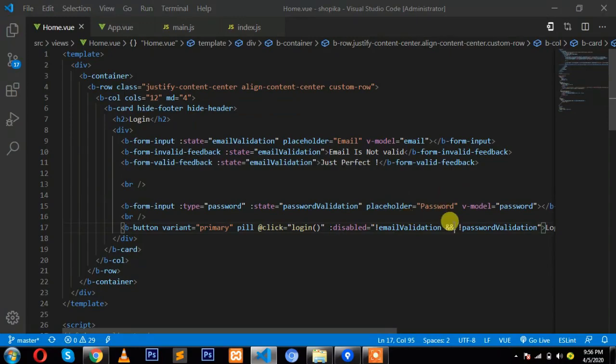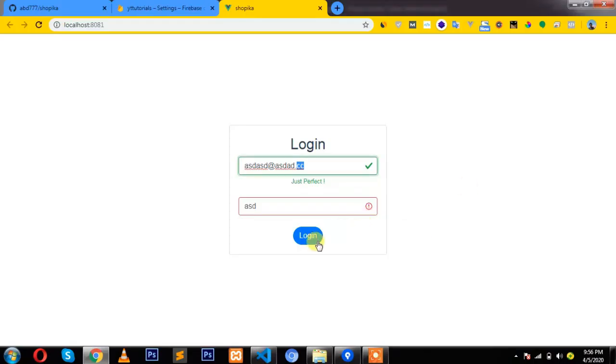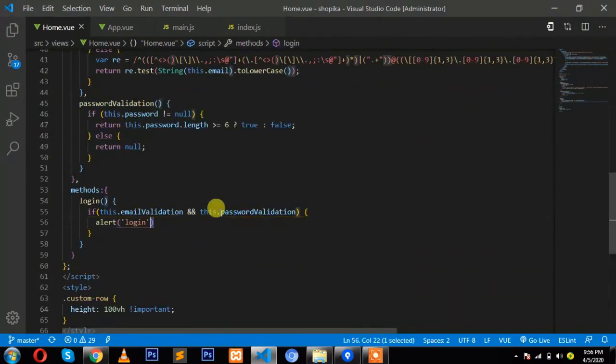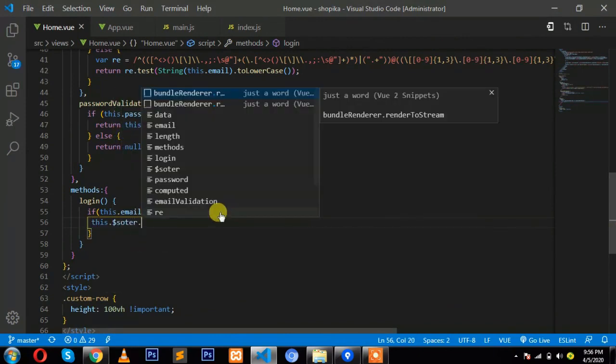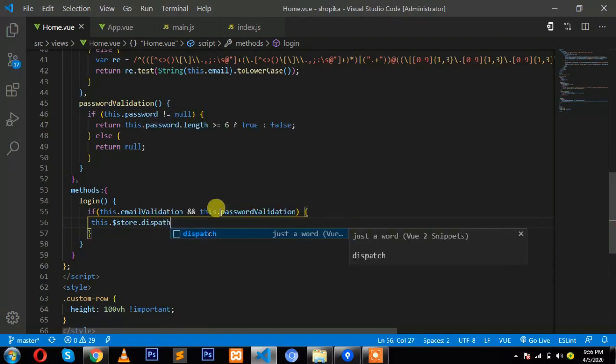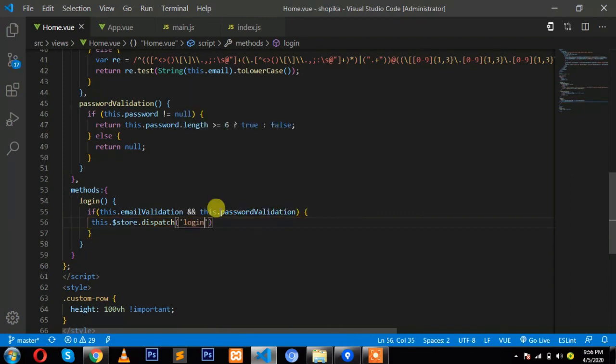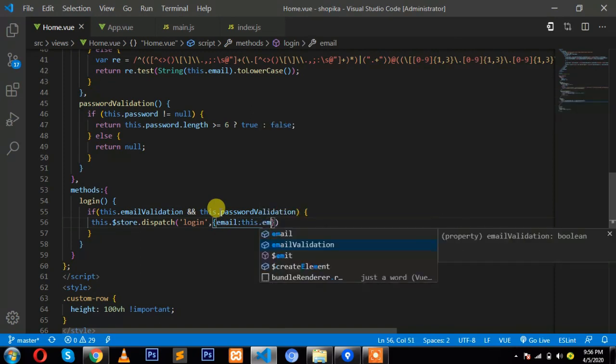Oh sorry, I should say or. Okay, so you can see that I cannot click on it, it's active now. So here we should have to call not alert, we don't need it anymore. We simply have to say this.store.dispatch login. I'm calling an action here, and I simply pass the payload as email, this.email,